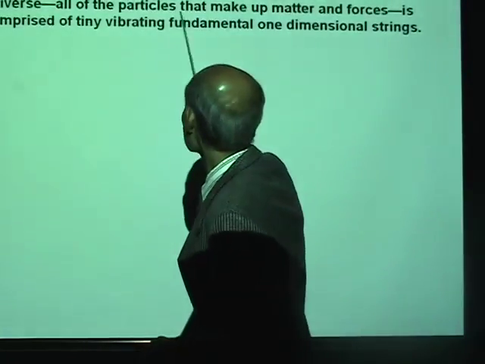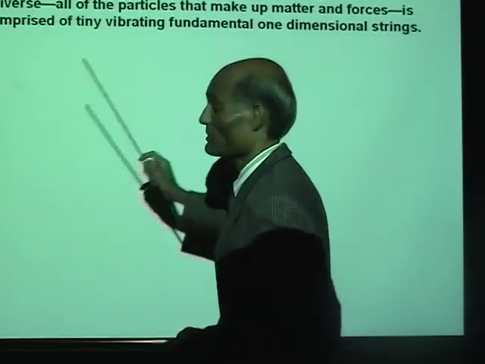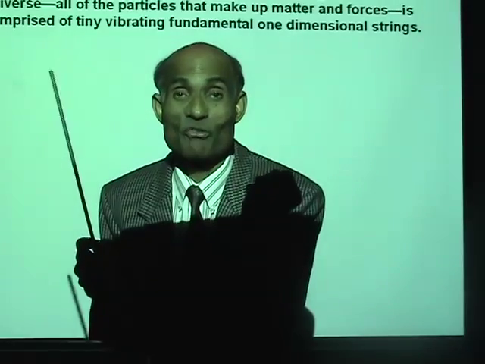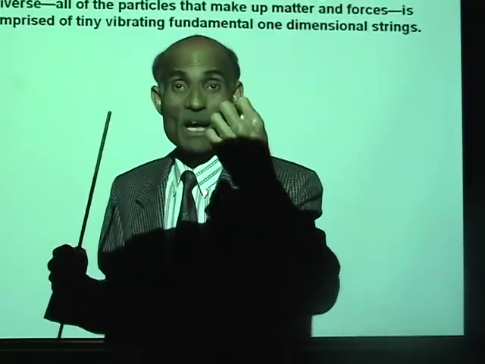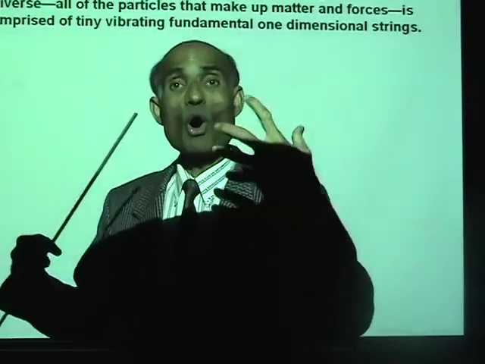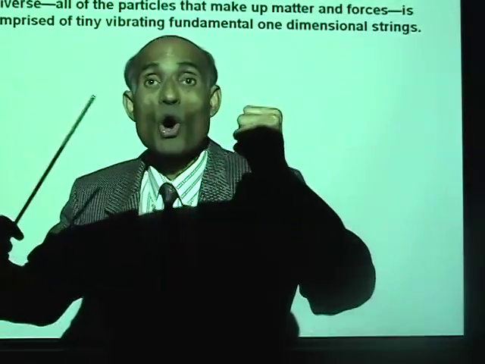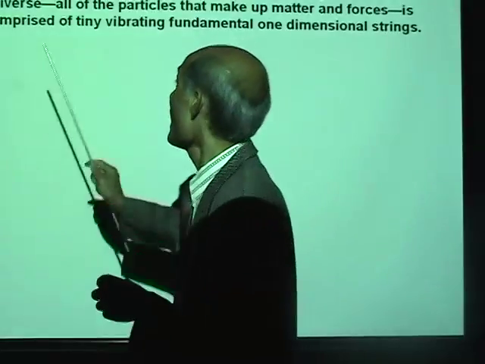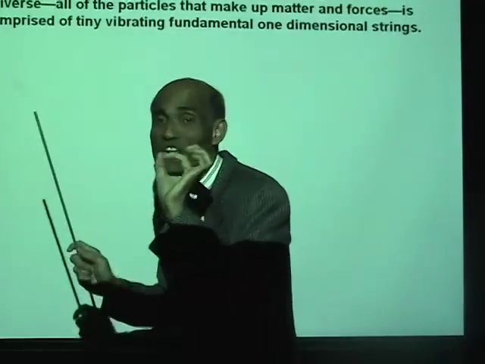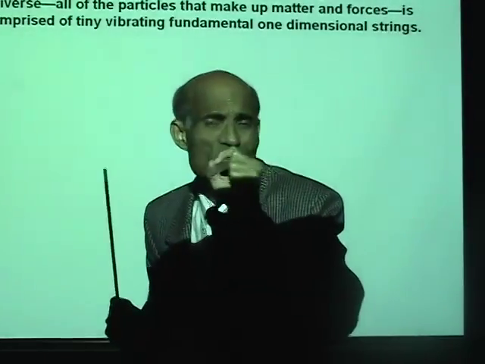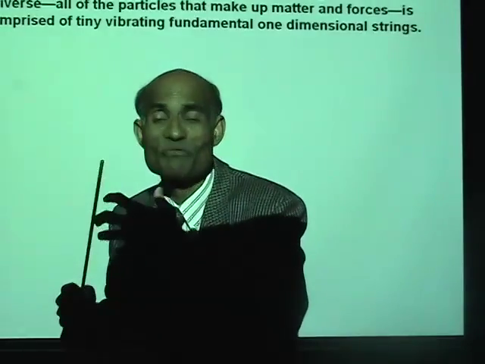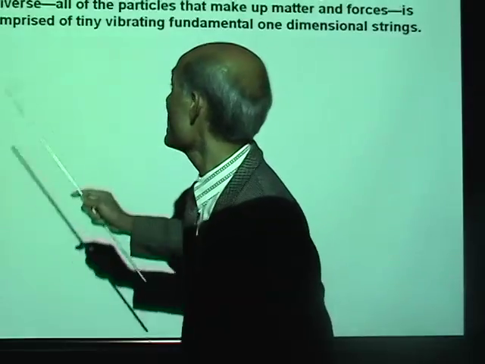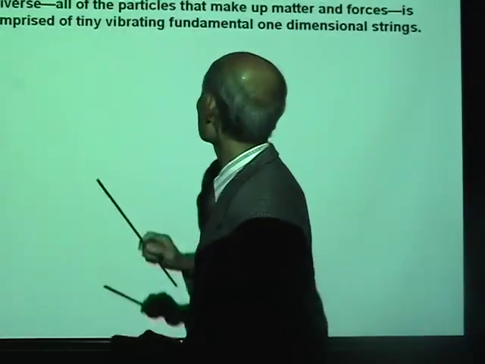All the particles that make up matter, and all the forces that hold matter together, the 4 forces we talked about, are made up of these tiny, so small that it is virtually impossible to locate them, vibrating